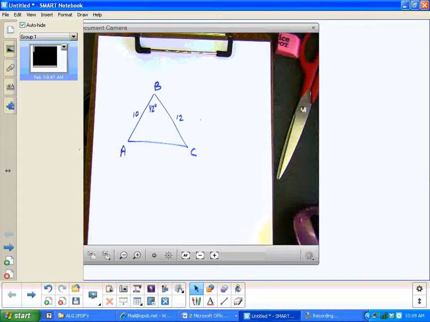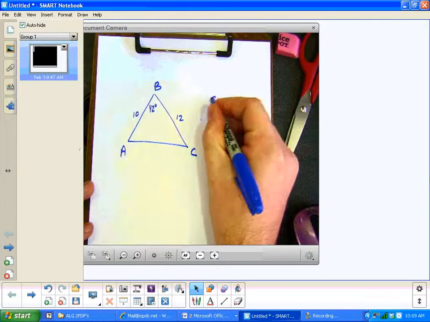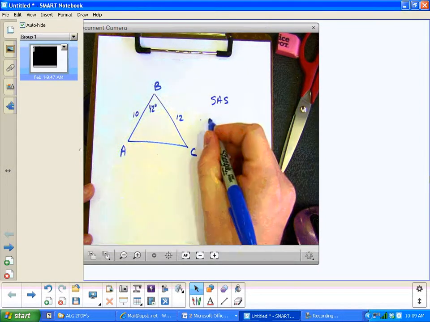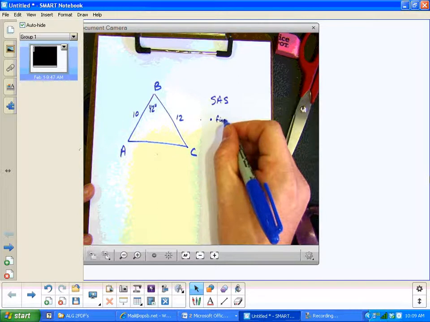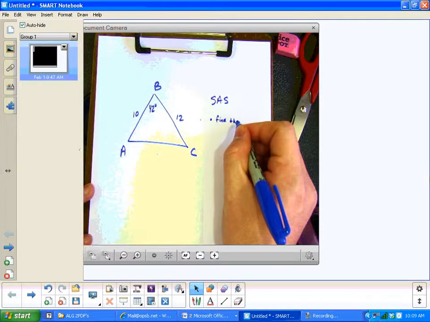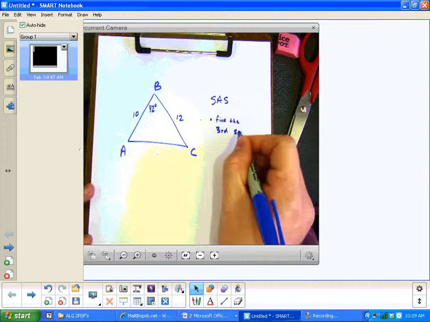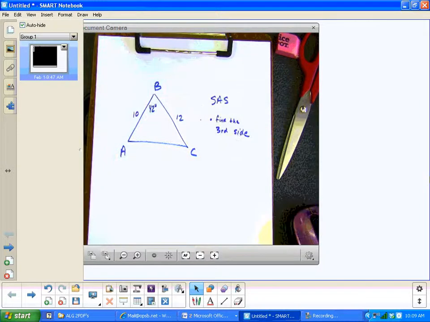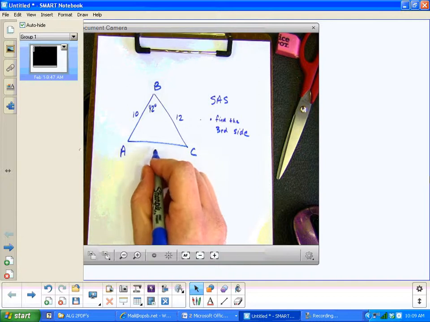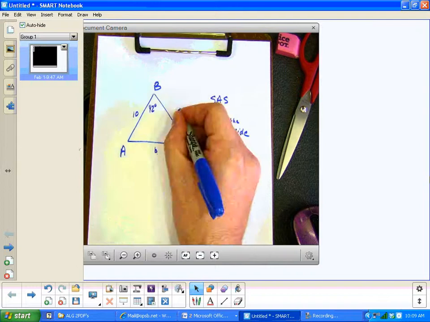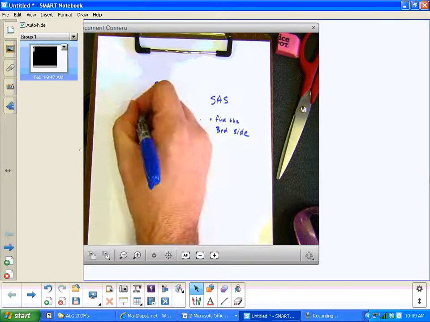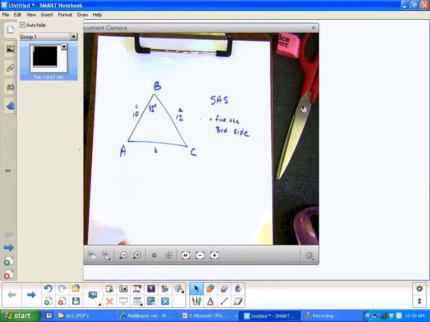Now, this is side, angle, side, and you have to remember sort of an order to follow. What you're going to do first is find the third side. Because you're not going to be able to find an angle yet. All right, so the third side would be the B side, wouldn't it? Now, it's going to help if you go ahead and label the other sides. This one would be the A side and then the C side. So since I'm looking for the B side,